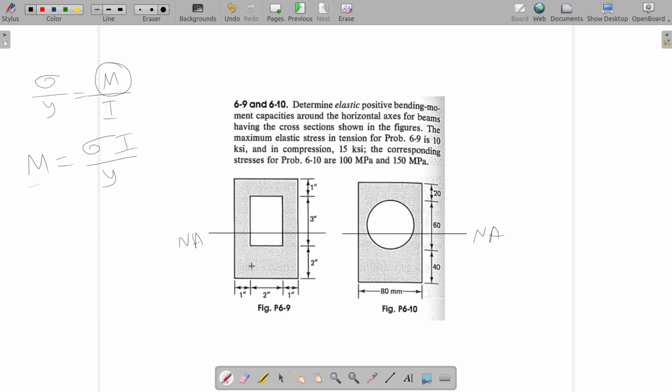Here, in this problem, you can divide this area into 4 parts if you like. Let's say I can take this area and divide it into 4 parts: A1, A2, A3 and A4,